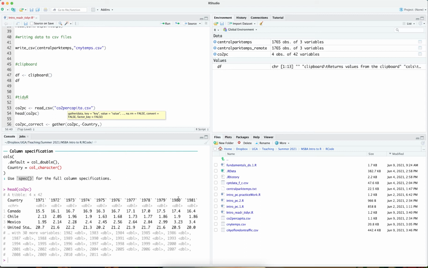In addition to these, I have to specify something known as a key and a value. A key is what the column header is going to be associated with these values right here, the 1971, 1972, 1973 values. Well, those represent year values, so my key is going to be the year. And the value is the cell values. What are they supposed to represent? They are supposed to represent